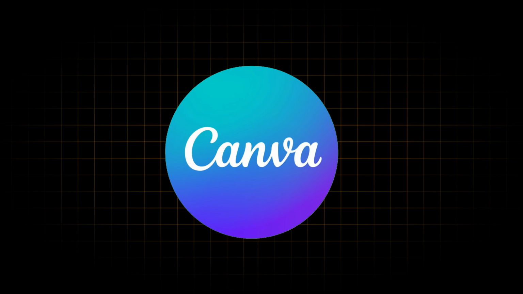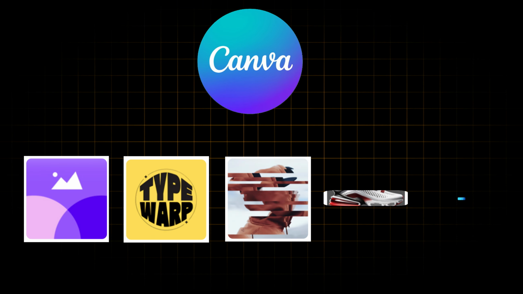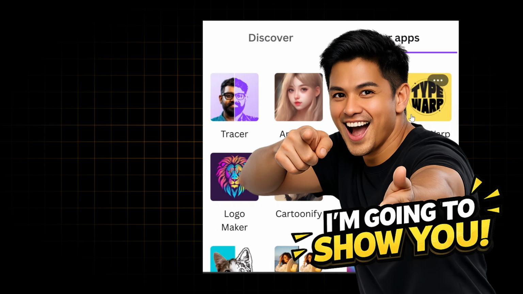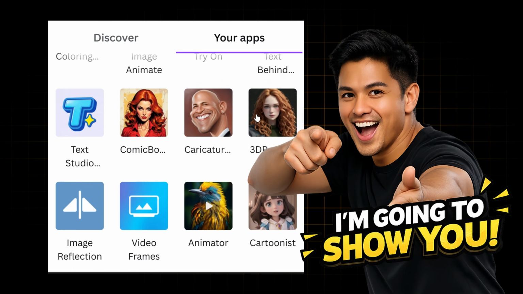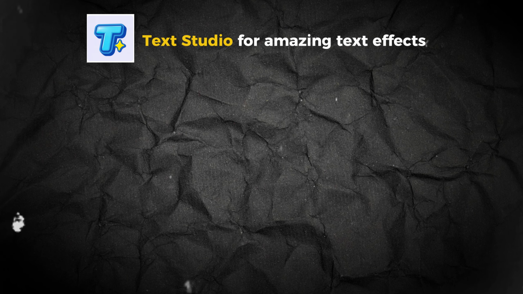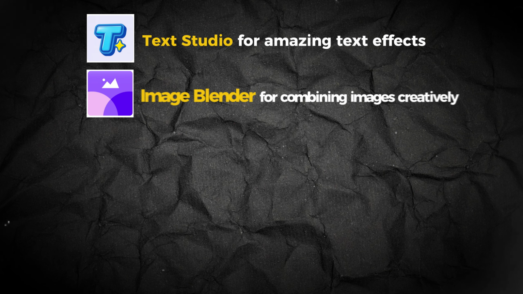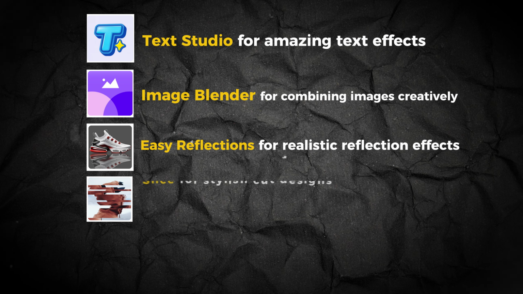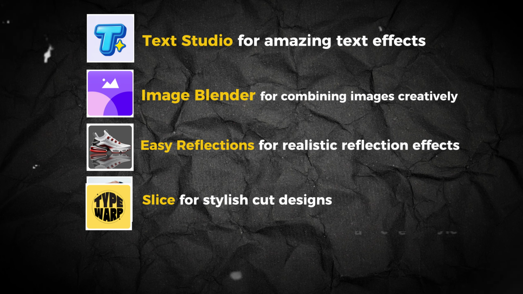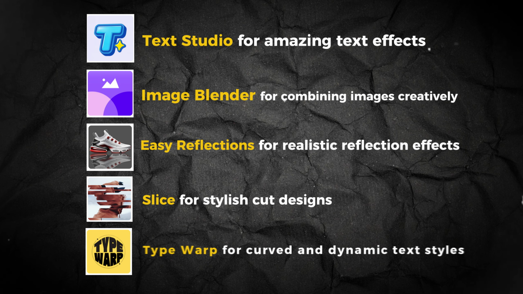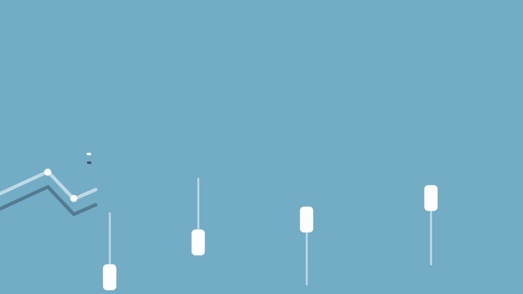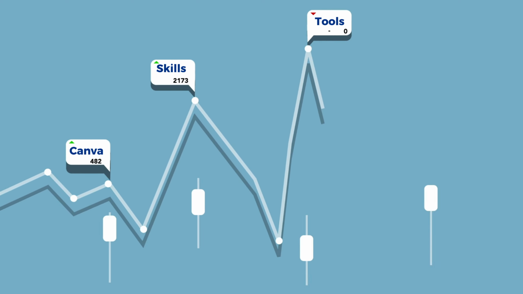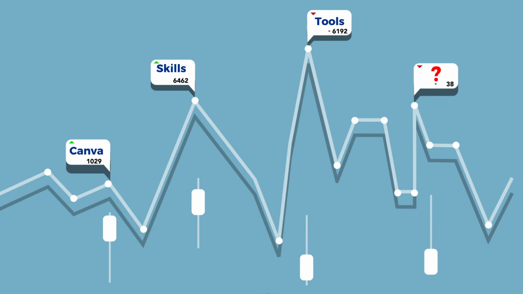Did you know that Canva has hidden apps that can make your designs look more creative and professional? In this video, I'm going to show you 5 powerful Canva apps that can instantly upgrade your designs. We'll explore Text Studio for amazing text effects, Image Blender for combining images creatively, Easy Reflections for realistic reflection effects, Slice for stylish cut designs, and Type Warp for curved and dynamic text styles. If you want to level up your Canva skills and discover tools that many beginners don't know yet, then keep